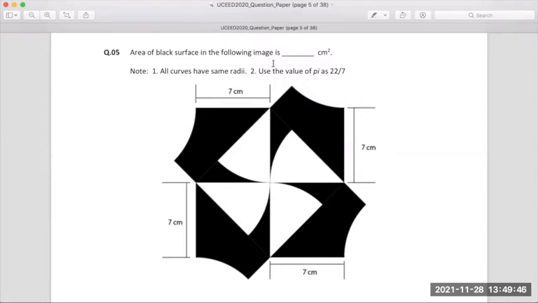Everybody guess? Ma'am, if you... Sorry, ma'am, can you continue? I don't know who was saying. Yes, ma'am. What were you saying? Ma'am, if we divide this figure into a half and invert one of them to match the other one, then in the center it will form a one fourth of a circle.